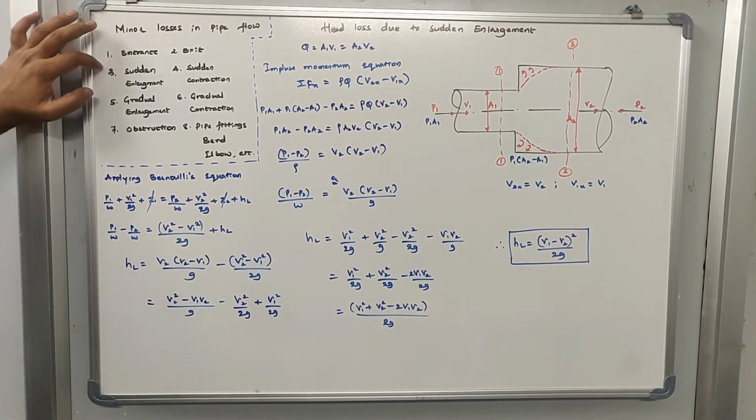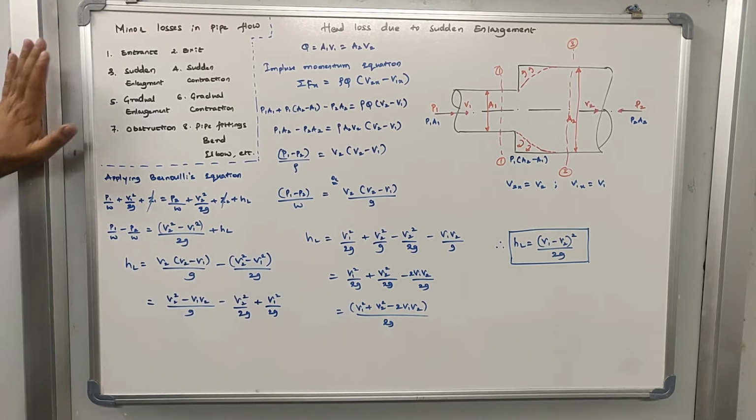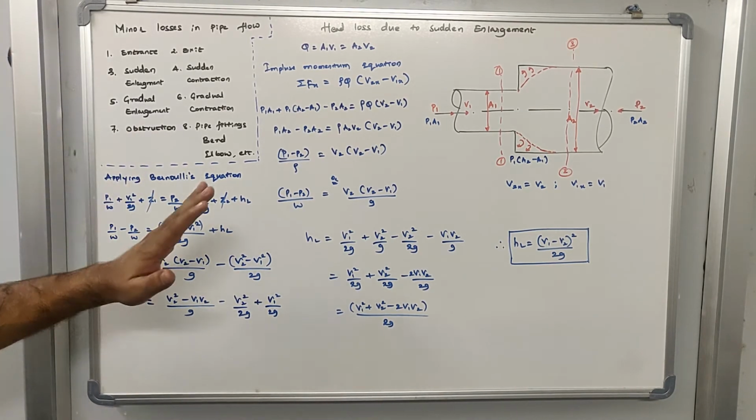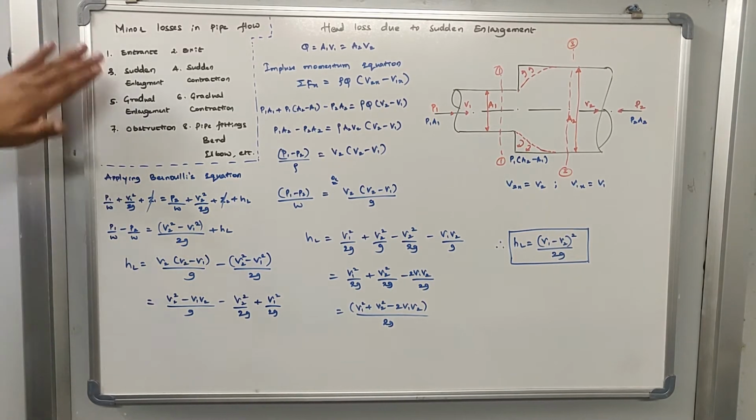So these are the list of minor losses that we have. In case of major loss we had only one loss, which is the major loss due to friction. Whatever water is flowing in the pipe, because of the frictional resistance offered by the pipe material, the energy will get reduced. That reduction in the energy is called head loss. That head loss has taken place due to the frictional resistance between the water flowing in the pipe and the pipe material, right? So head loss due to friction becomes the major loss, and these are the set of minor losses that we